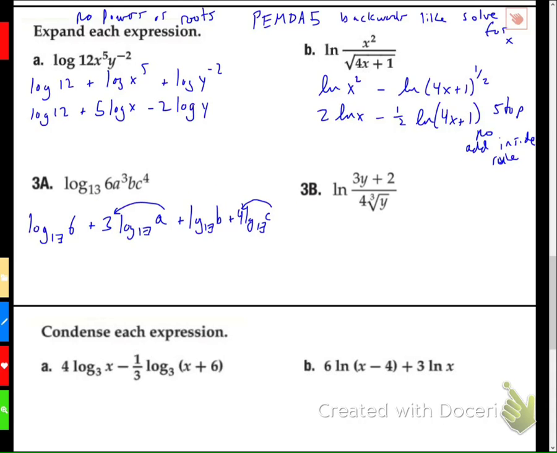All right, so this last one here, we've got some divisions. There's really 2 divisions going on. Okay, every factor in the denominator is divided. So that means that they're all going to be turned into subtractions. So ln of 3y plus 2 minus ln of 4 minus ln of y, and that y had a 1/3